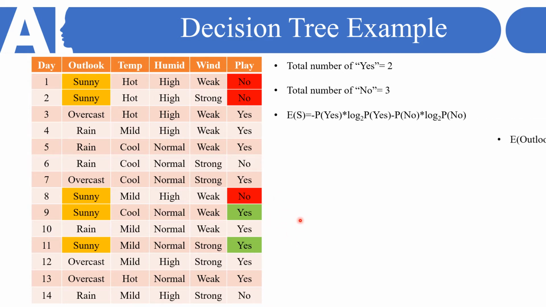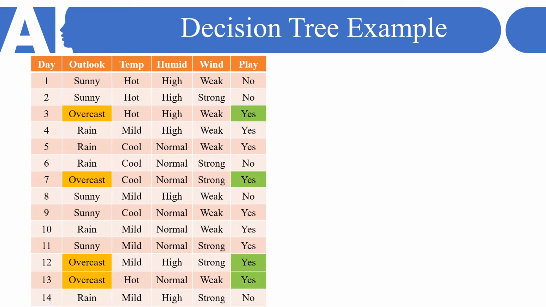So if we find out the entropy for this, then entropy of outlook when it is sunny is equal to minus 2 by 5 into log to the base 2 of 2 by 5. This is 2 by 5 because this 2 is nothing but the probability of yes, and we are having 2 yes, and total number of possibilities are 5, so 2 by 5. And similarly, total number of no are 3, so that's why 3 by 5 into log to the base 2 of 3 upon 5. So if you calculate this, then we will get this as 0.971.